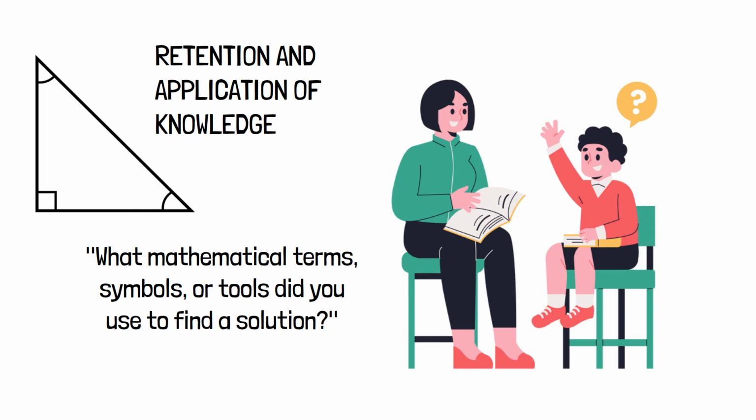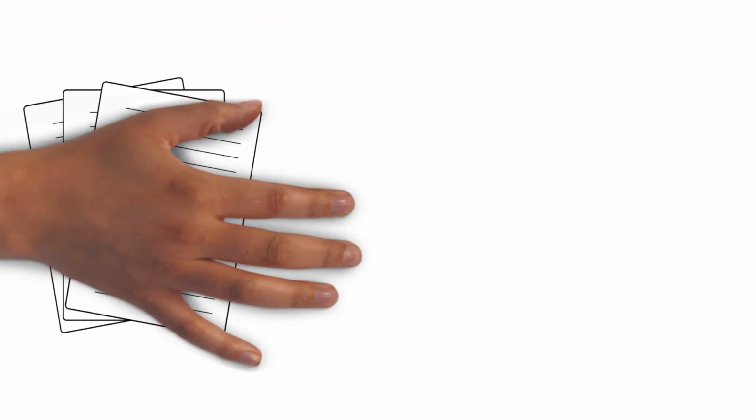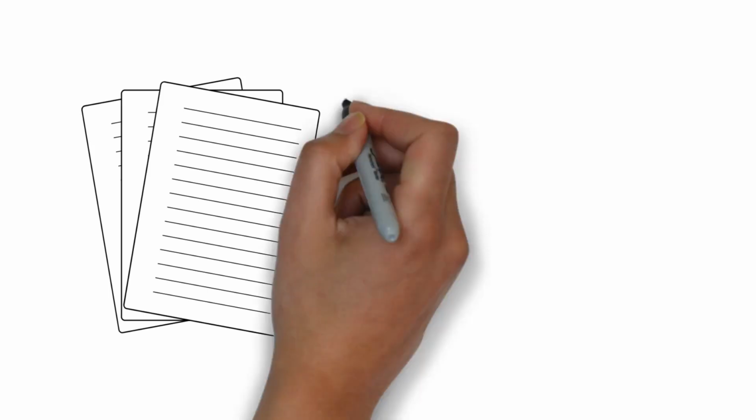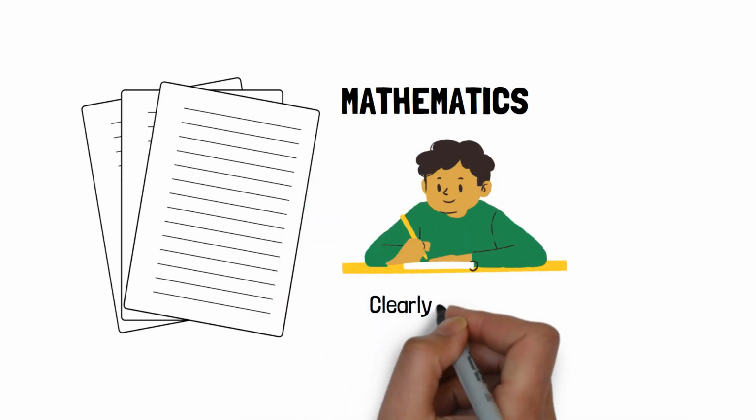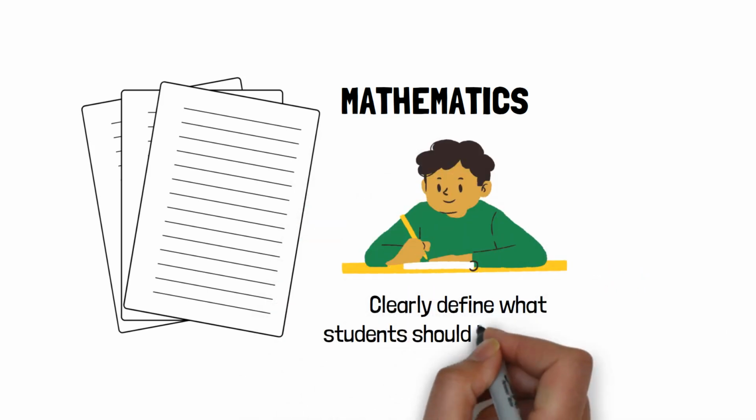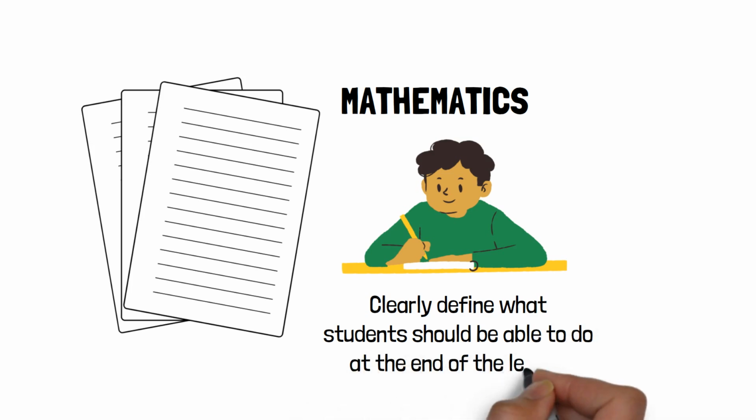When planning a lesson, determining the mathematics content and learning goals is crucial. Teachers should focus on the mathematics rather than just the activity. Consult state curriculum standards and clearly define what students should be able to do at the end of the lesson. Activating prior knowledge through warm-up activities that use necessary vocabulary can also set the stage for successful learning.